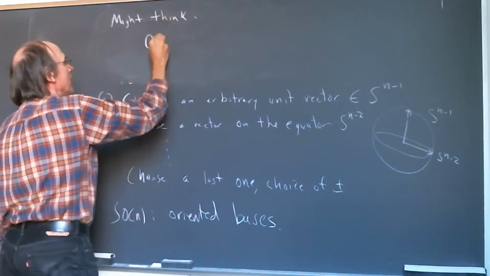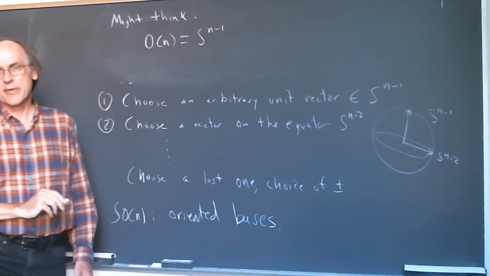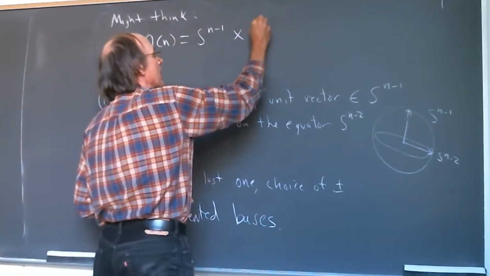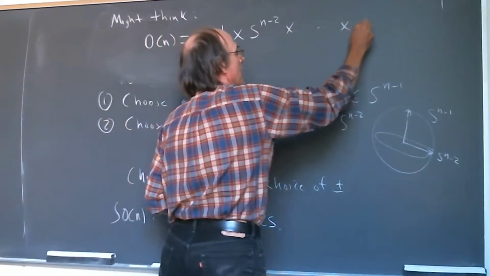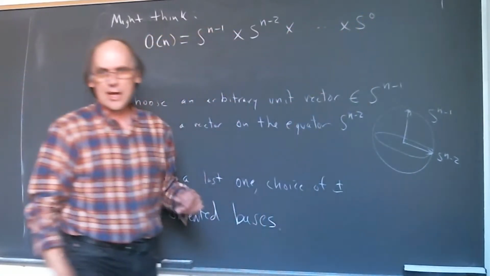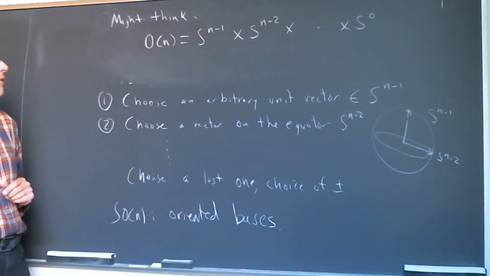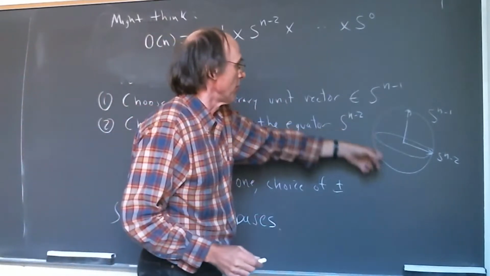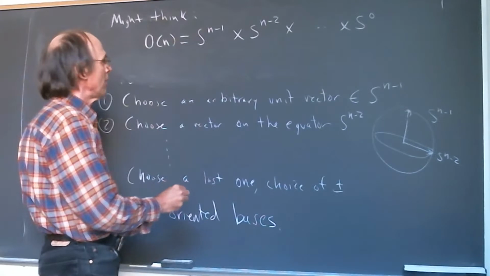That O(n) is really the space. It's a choice of something on the n-1 sphere, and then a choice of something on the n-2 sphere, etc., and then down to S0, which is just Z2, plus or minus 1. So you might think that the orthogonal group is just this nice product of spaces, one for each of these choices, but the problem is